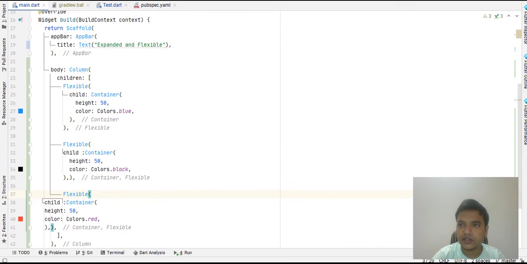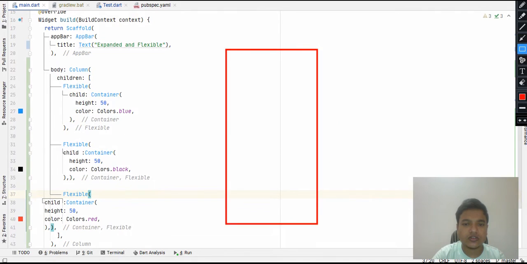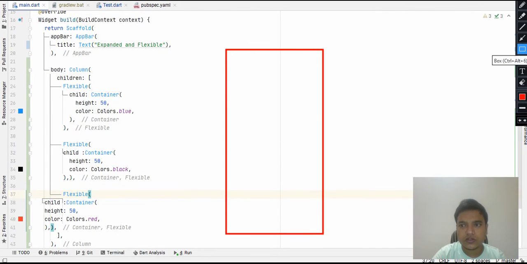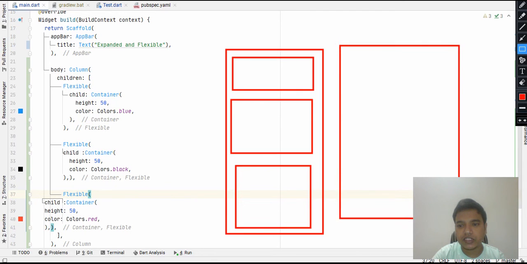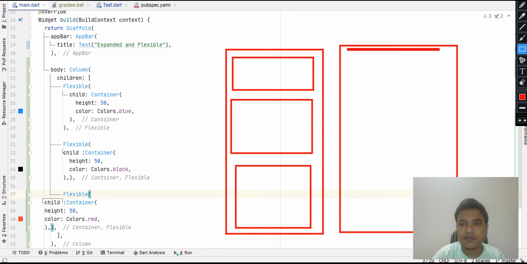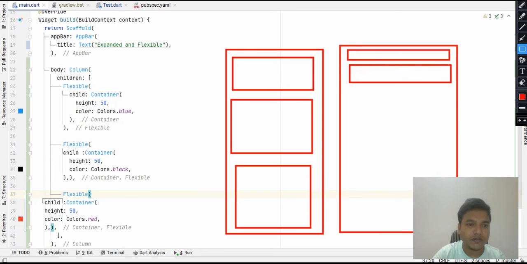Assume that this is the screen of a smartphone. When you declare a widget as Expanded, its default behavior is to match the parent, meaning it will match the whole screen. But if you use Flexible, the default value of Flexible is wrap content, meaning it remains the same as its height until you declare a fit. As we provided a height of 50, it will remain 50 until you provide the fit attribute. So just take a look at this.